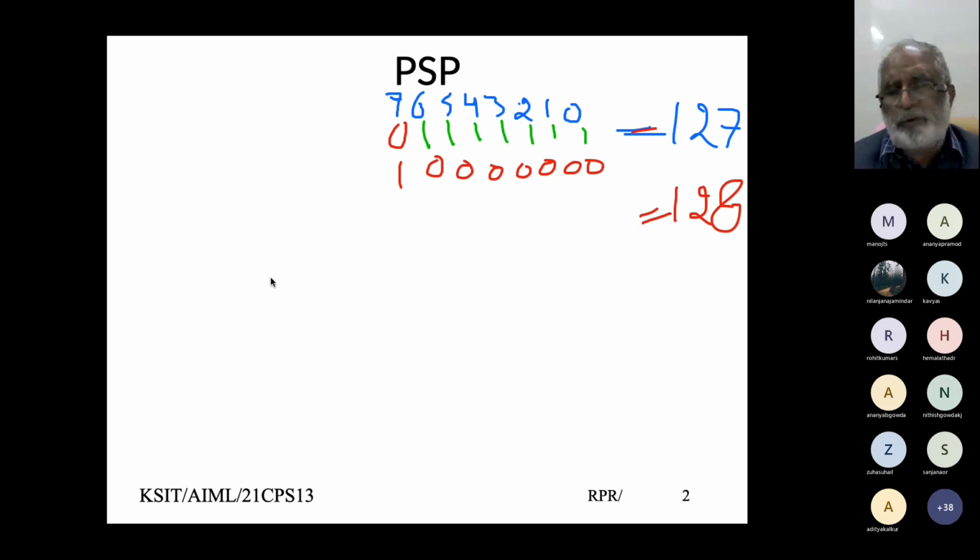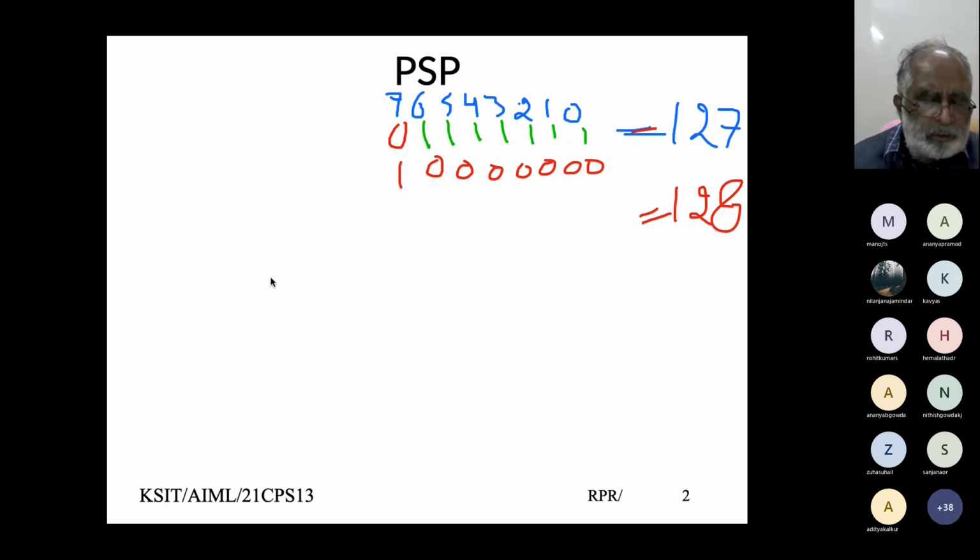So what is happening is, when you look at the integer implementation, how does my system decide whether it's a positive number or a negative number? It looks at the most significant bit, which is this. If the most significant bit happens to be 1, the number is treated as negative.